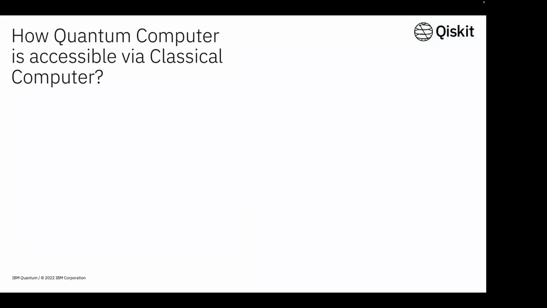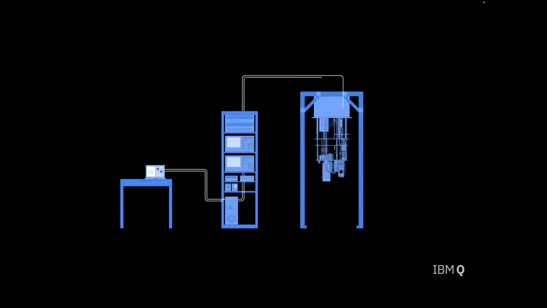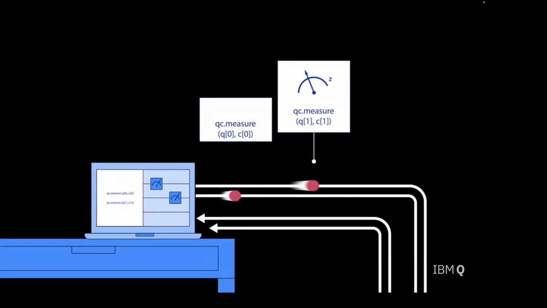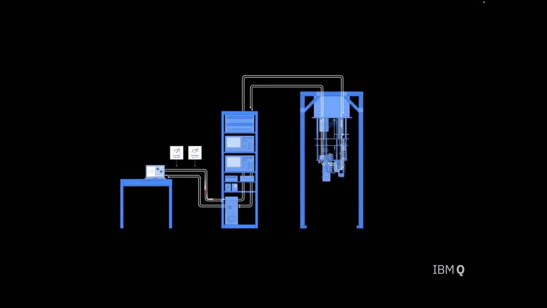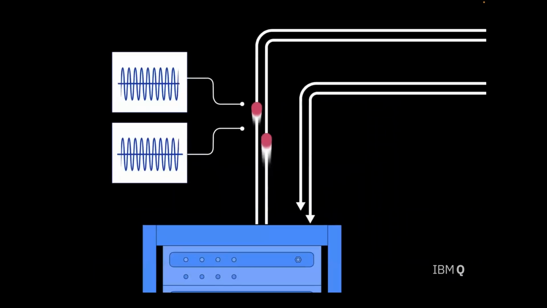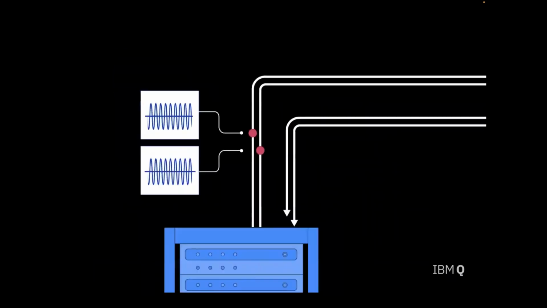And so you might be thinking, if quantum computers need to be kept at such a cold temperature, how is it accessible to us, how can a normal person access it? It is accessible via the cloud. And this is a small video to demonstrate how we at IBM are able to demonstrate a quantum computer. From a classical system, you build a circuit and you send this circuit to the IBM systems. The IBM systems convert your circuit into pulses.